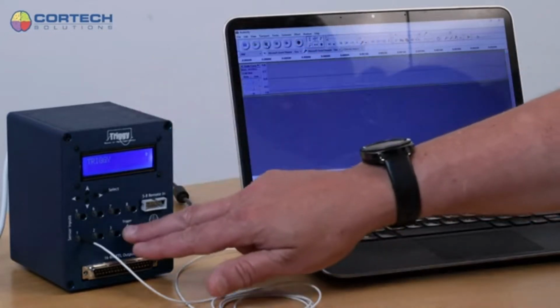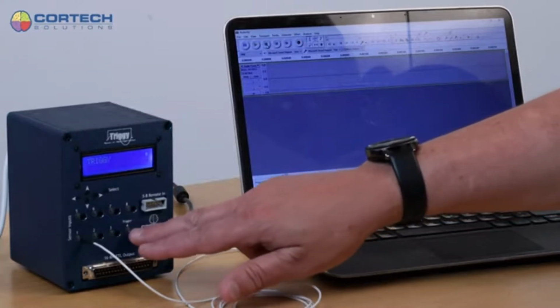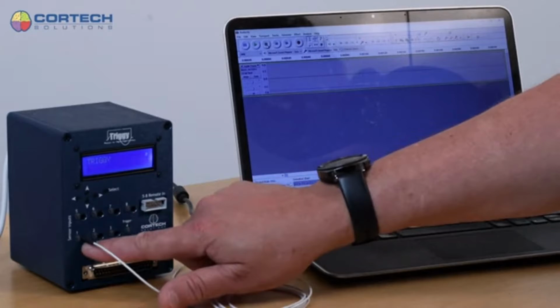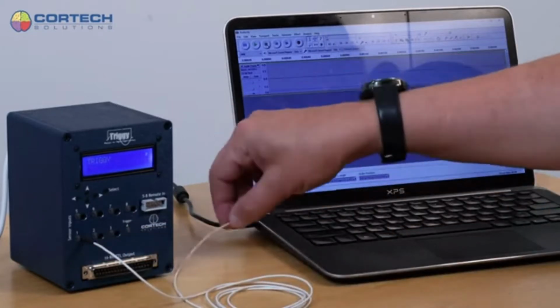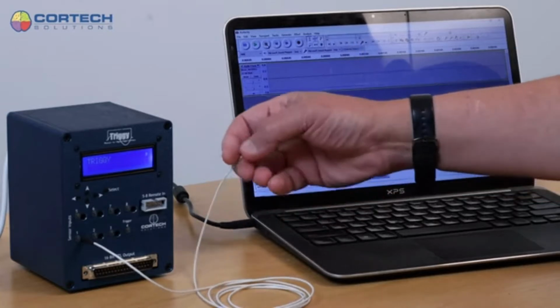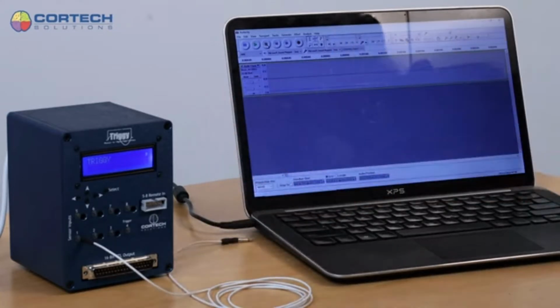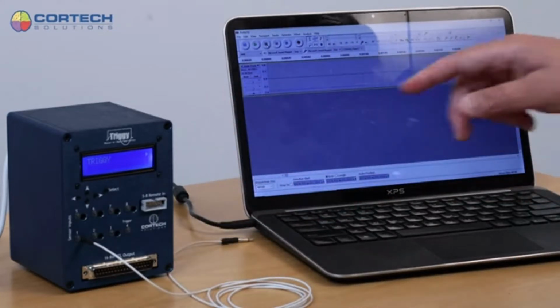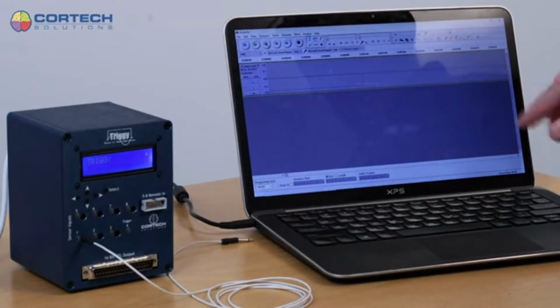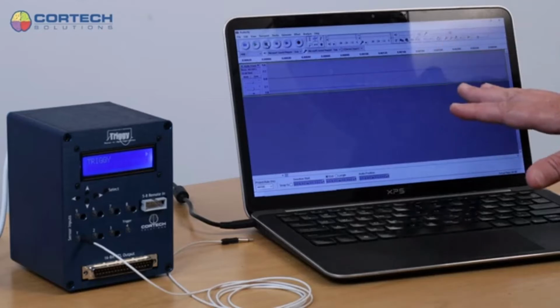So we won't be using that for any other kinds of sensors, but I'm now plugged into channel number 1 with just a standard audio cable. It's a mono to mono 1/8 inch cable, which will come with the system. And I'm going to connect that to a sound source that's coming from my PC. So in this case, I have just a 2-channel sound card, but